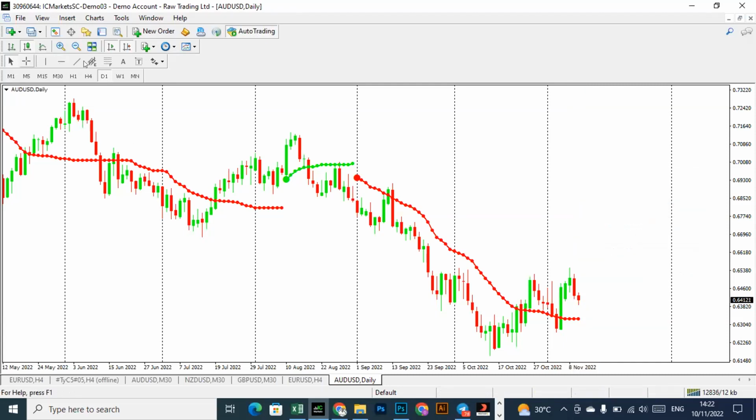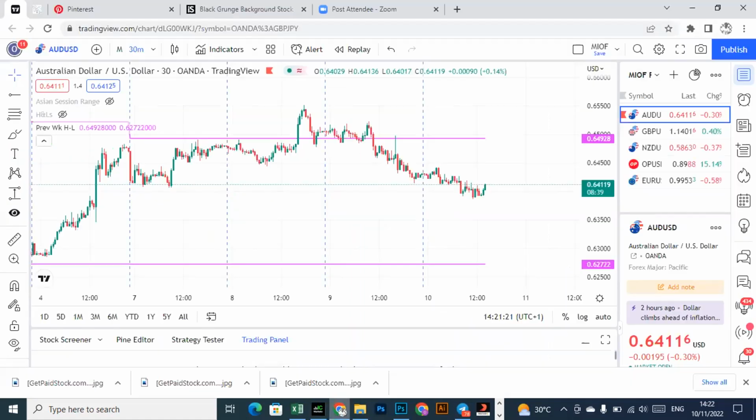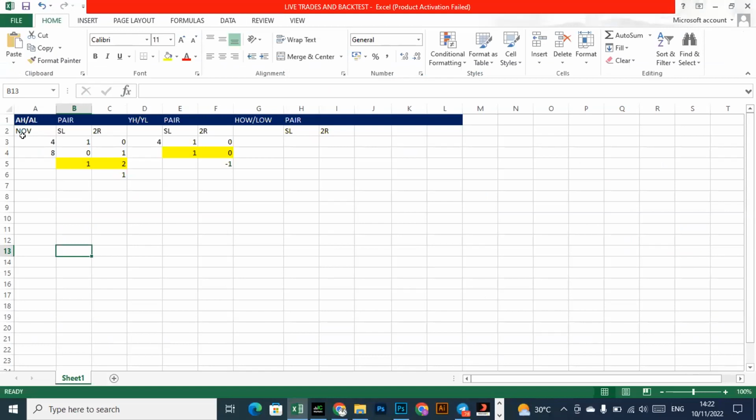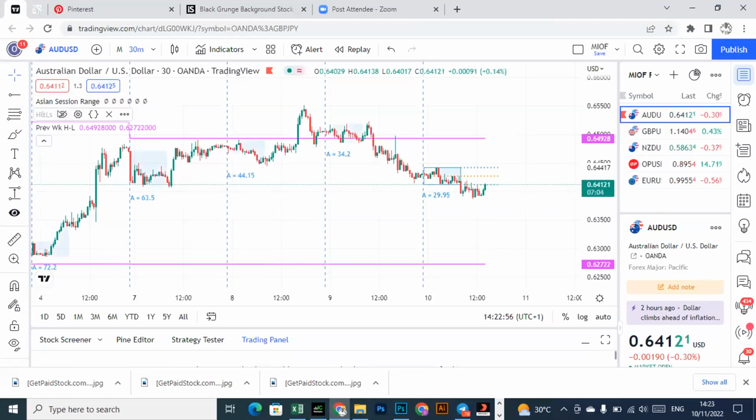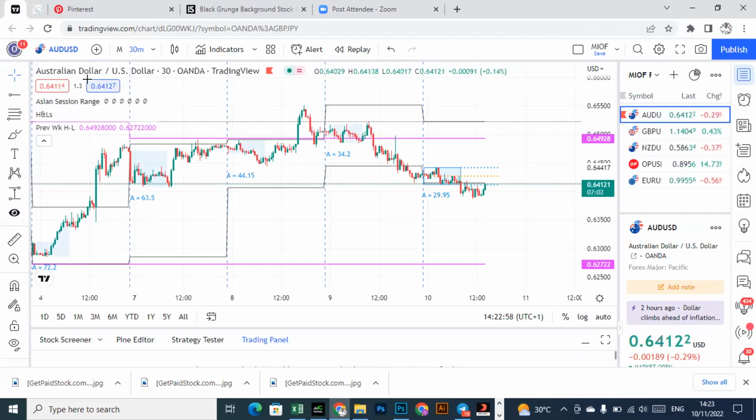So daily time frame. From September we've been bearish, till now. So we'd just be looking for sells. Let's start with, so this is 4 hours. Let's just have daily. Same thing. Let's see what Asian high and Asian low will give us on trading daily alone. And the bias is bearish.